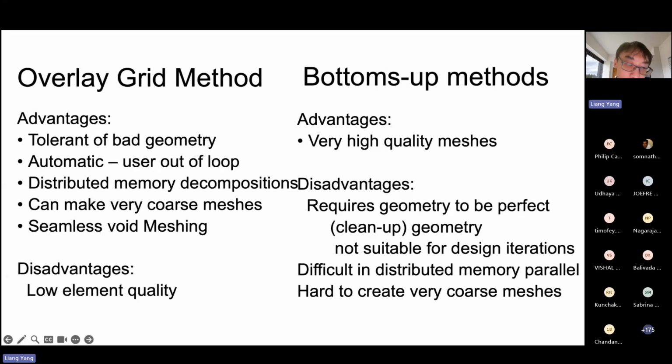There's another group of people working on the overlaid grid method. I think the SnapHex mesh also belongs to this category. The good thing about this type of method, from the volume to mesh, is that it's tolerant to bad geometries. It's fully automatic, so the users don't need to specify too many things. Another very good advantage is that it can run on distributed memory with domain decomposition. It's very straightforward to implement, and can make very coarse meshes. So that's very good. But